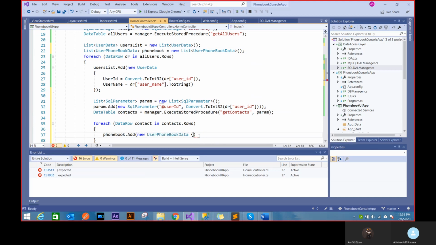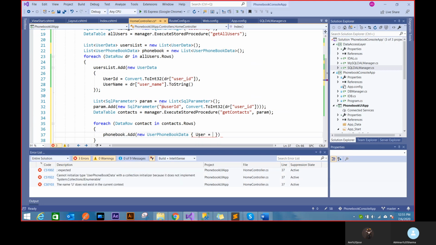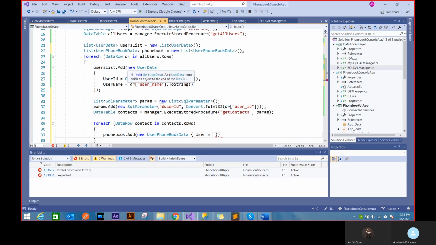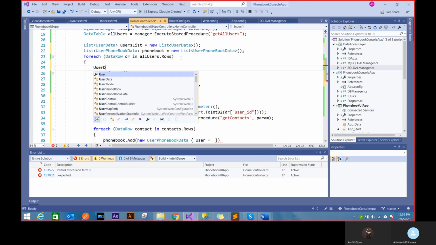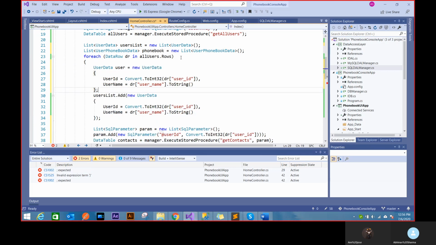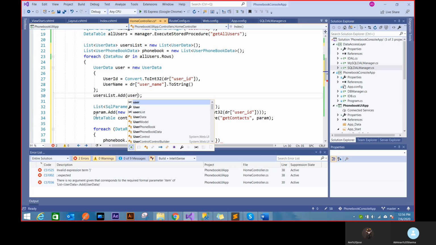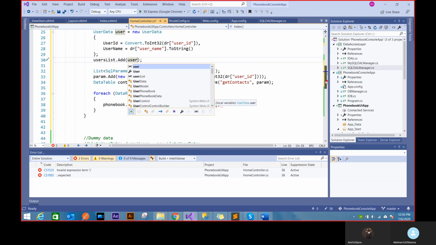It needs users. The user is the guy that I just created. This is user data, so I can put it. I'm just doing everything in one loop. So I can do it like this: user data, users, new user data, and I can add that. So that way I can use it down. You get what I'm doing?